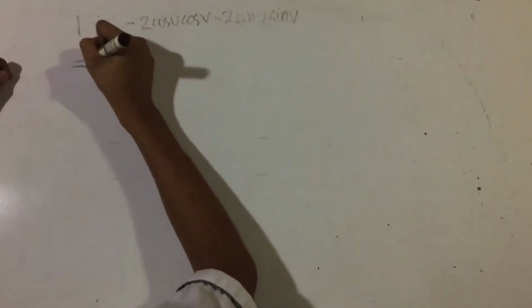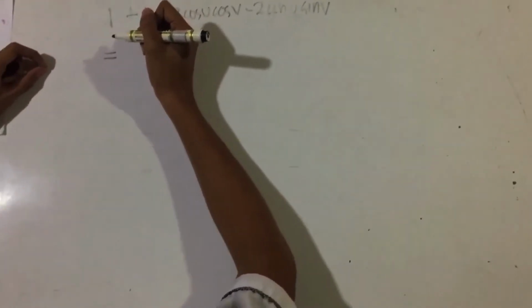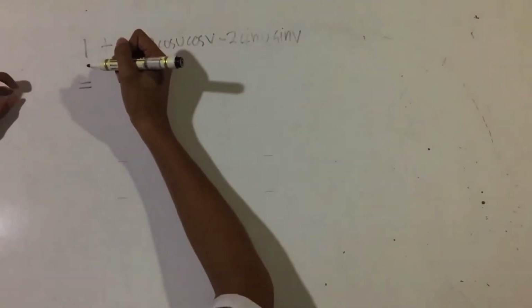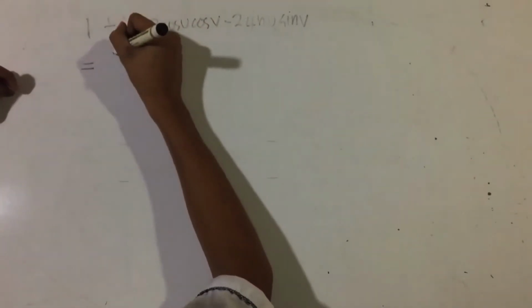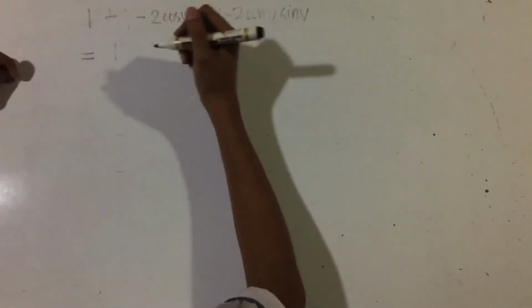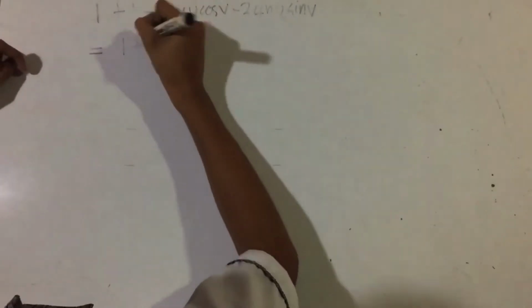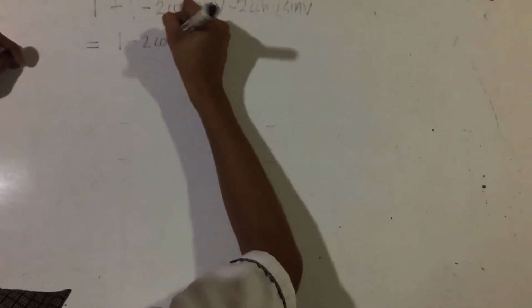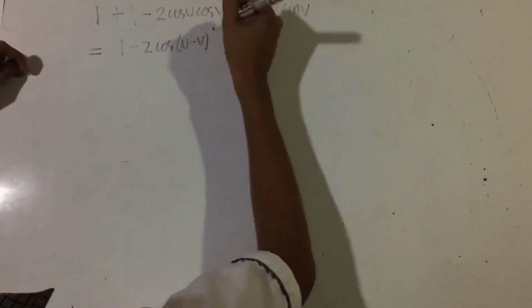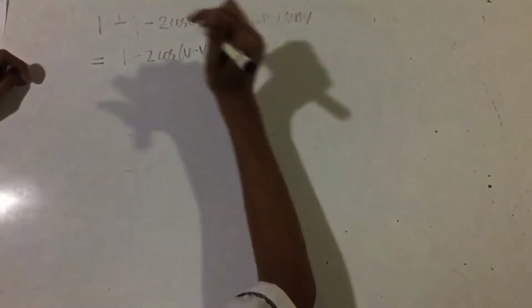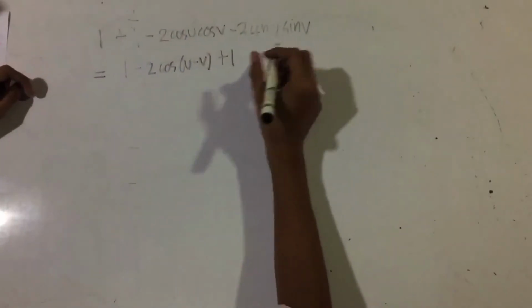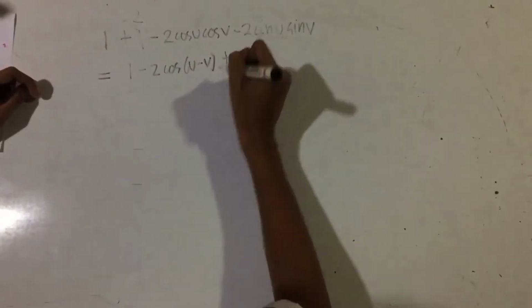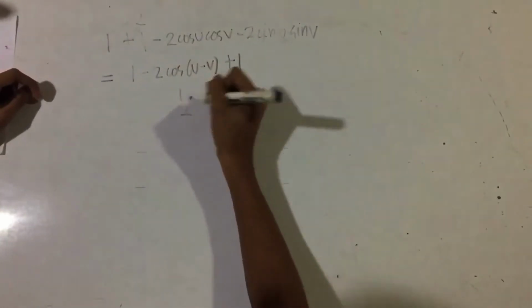And also to the other side of the equation, the cosine squared of u minus v plus the sine squared of u minus v will be equal to 1. And copy the terms that are not grouped. So minus 2 cosine of u minus v plus 1. So if you add 1 plus 1, the result will be 2. And if we add also the 1 plus 1 here, the result will be 2.